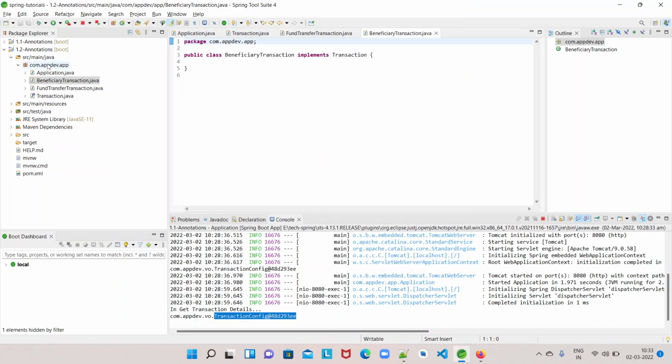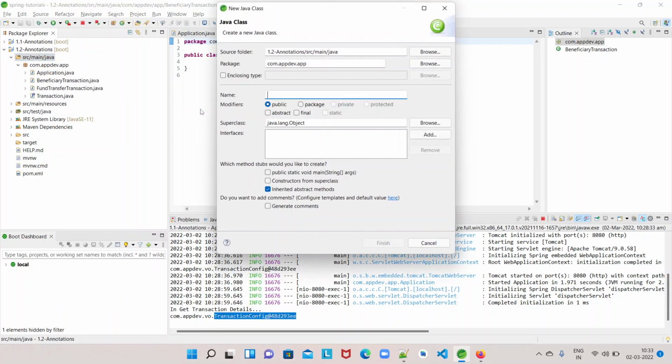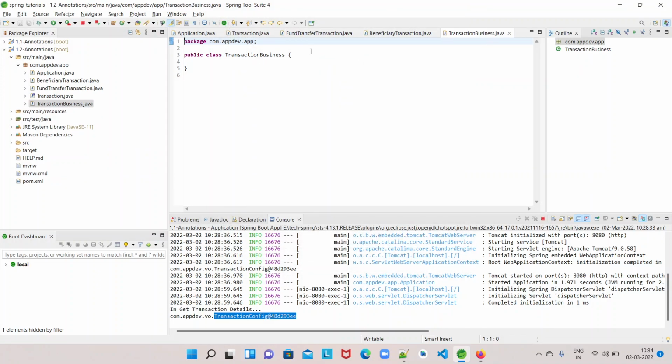Now I have a business class that is dependent on this transaction. That is transaction business. My business class is dependent on this transaction, but transaction is an interface, right? So we have to have some implementation class passed to it.